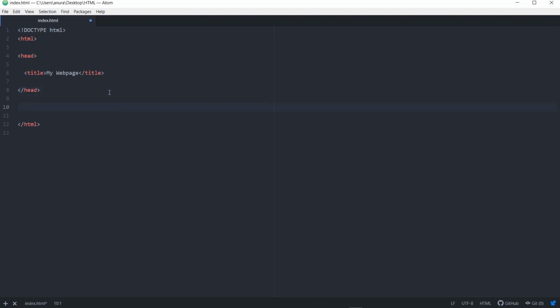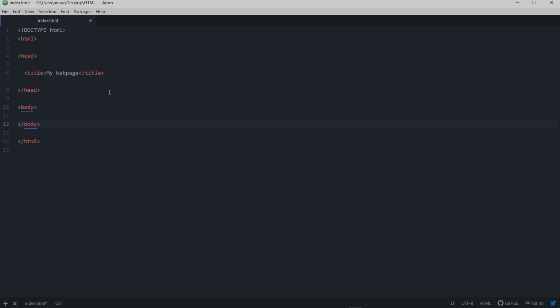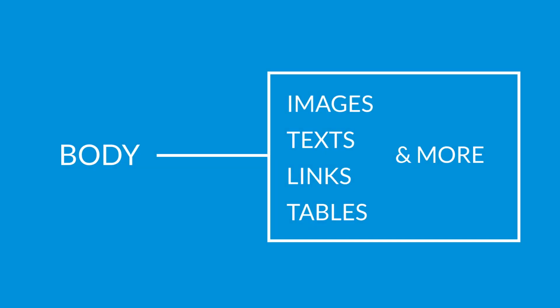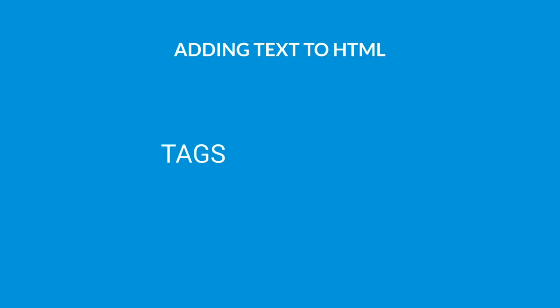The body element is the most important tag. It contains the body of the web page. All contents, whether images, text, links, tables, etc. all go inside this element and is shown to all users. We will now look at some tags, also known as markup, used for text inside the body element.